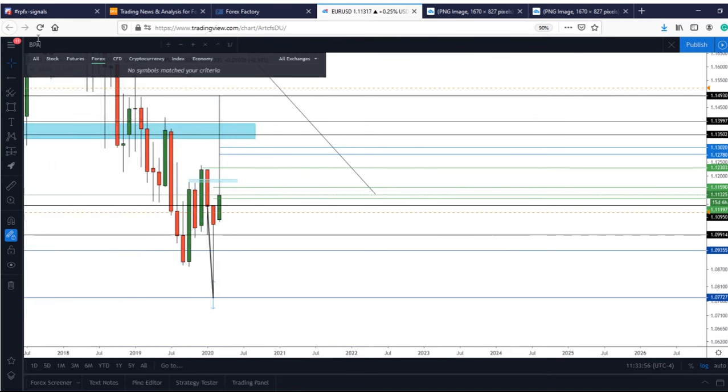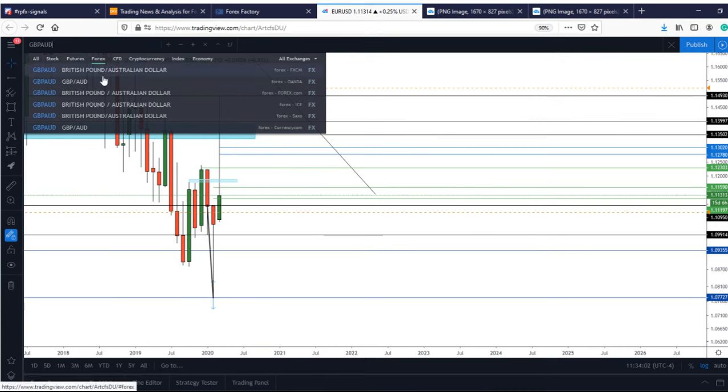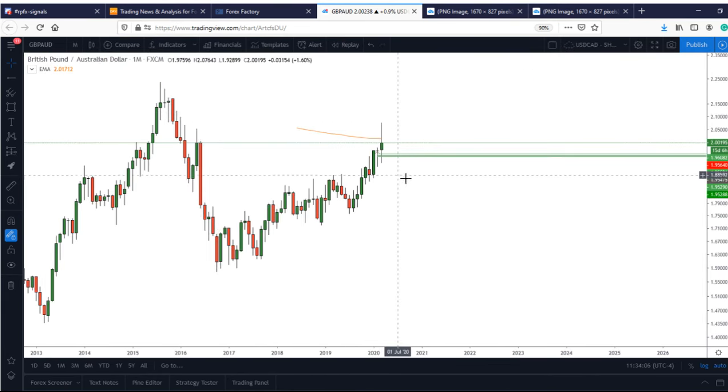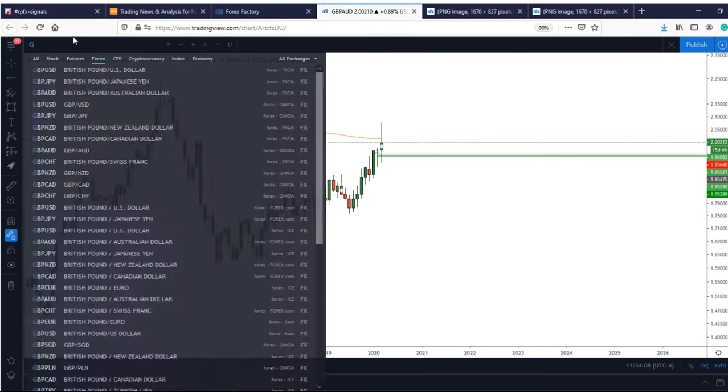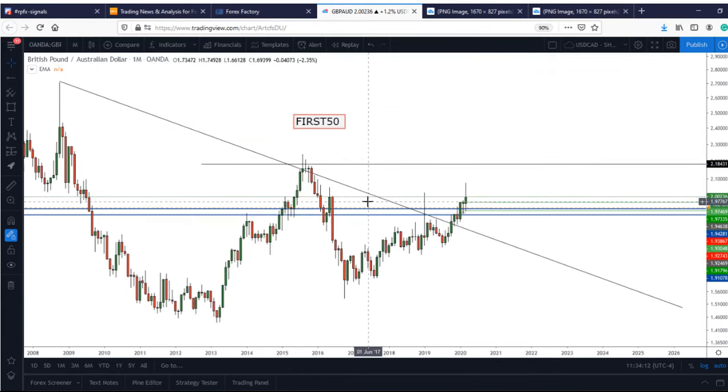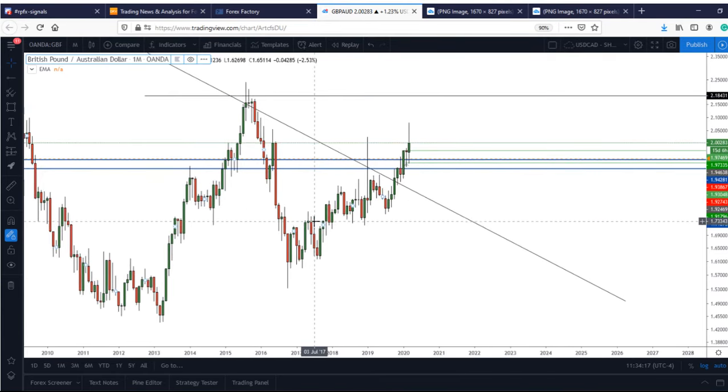GA, let's see GA. I'm pretty sure GA went to the moon because Aussie dollar is just weak. But let's confirm. Right, so it did go pretty high. Let's just see if this is the chart you were talking about. Right, here it is. Damn, if this monthly candle wasn't here right now, I would definitely want to go long, but